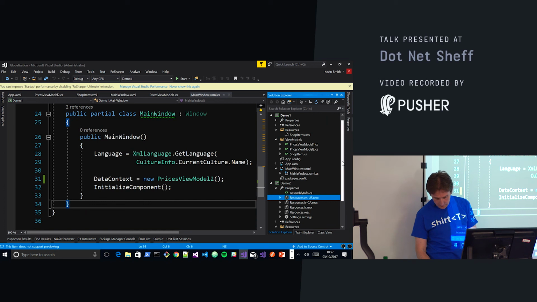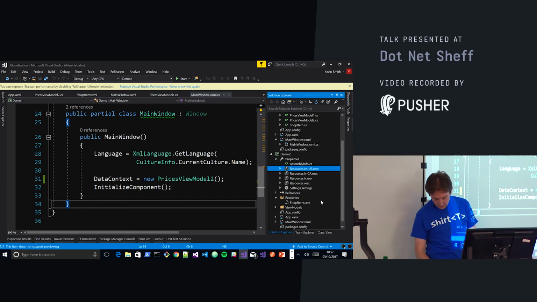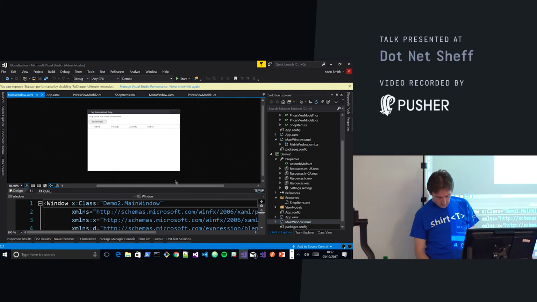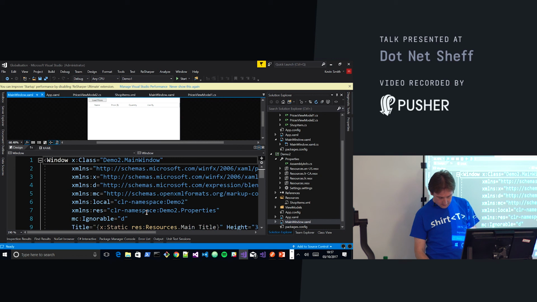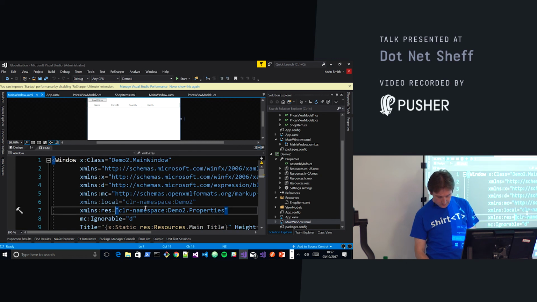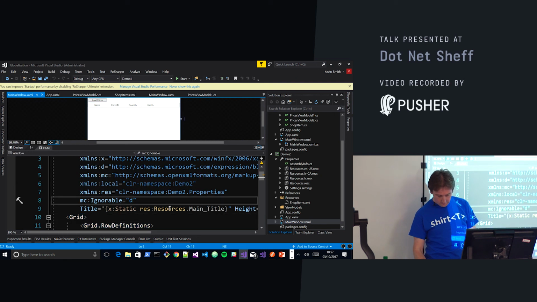And I'm loading those in the main window XAML by referencing the namespace as a resources namespace, so demo2.properties, and then throughout the rest of the XAML calling this resources static main title.